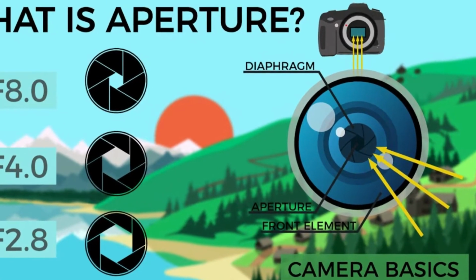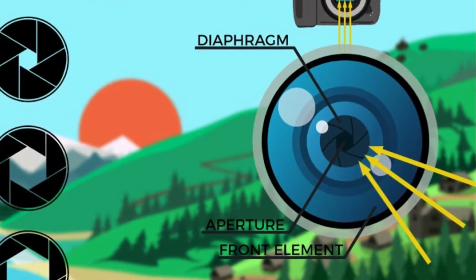Now, aperture is an opening in the lens, and it's one of two things that control the amount of light that gets into a camera. Now, if you want a deep dive on what the aperture does and how it works, then I've made another video that you can go and watch. It's right here. But that's the first thing that I've learned on YouTube, aperture, and that it's an opening in the lens that controls the amount of light that gets into a camera.